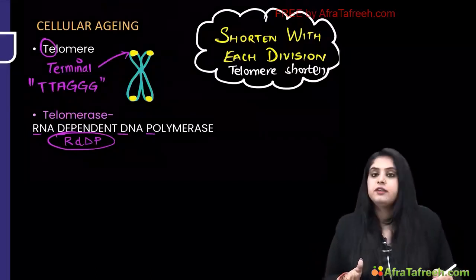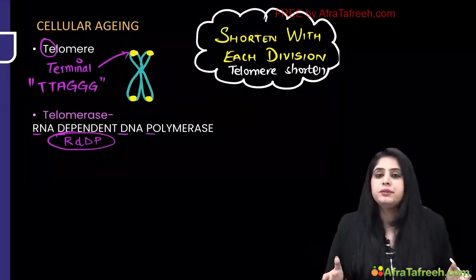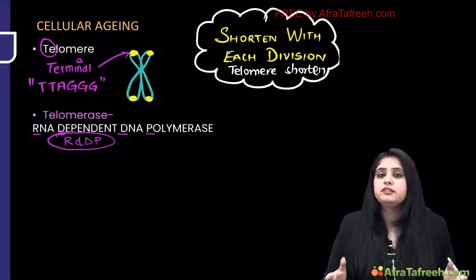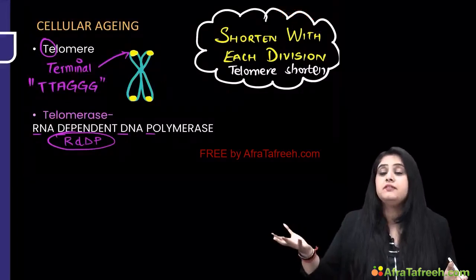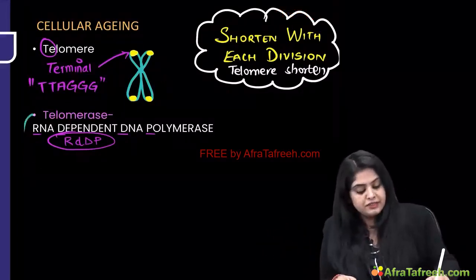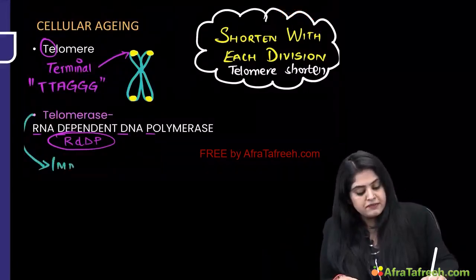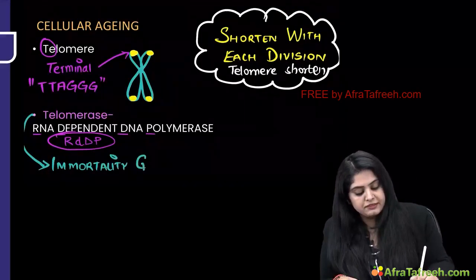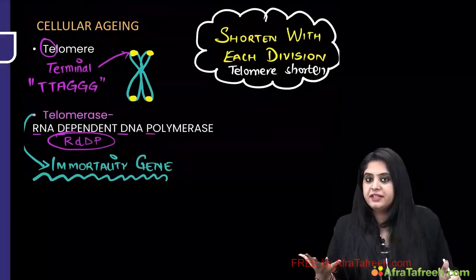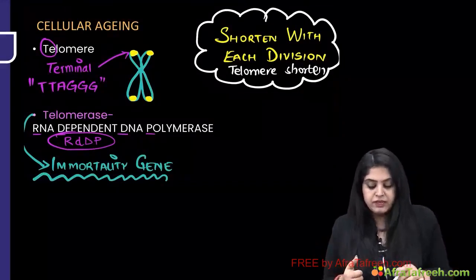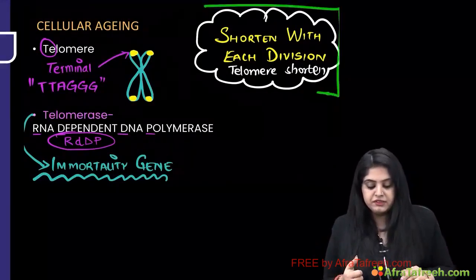So can I say, if someone was born with 1000 telomeres and still has 1000 telomeres, that means that person will remain Amar. He's going to remain alive and young forever. Can I say telomerase can be defined as an immortality gene? It can be defined as an immortality gene, which means that the person is going to live forever and ever and ever. Hai na? Okay, on that note, one more question that has come in the previous year is, how